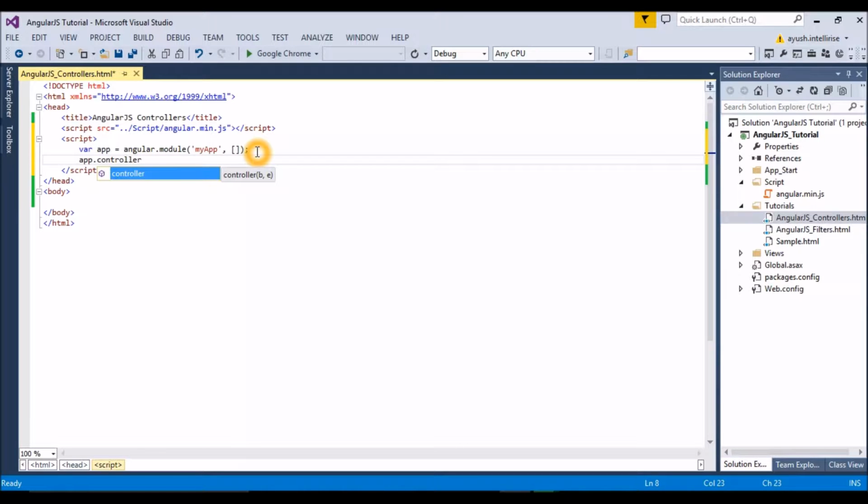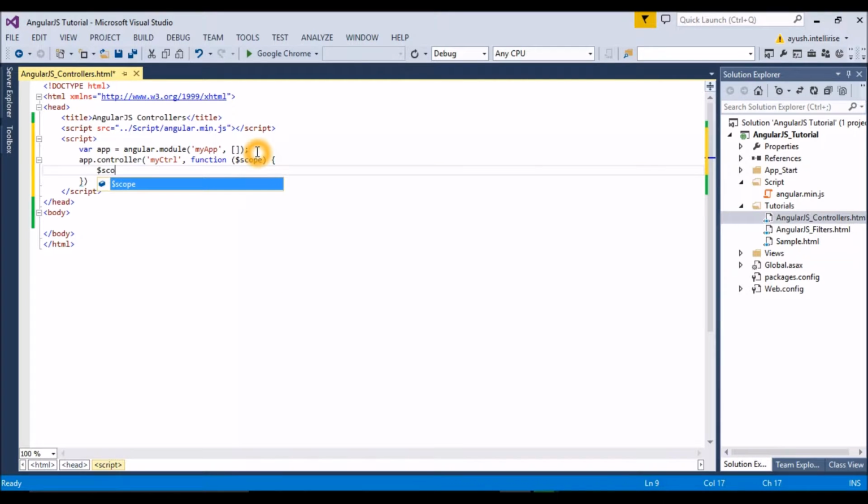Over here, my CTR, this is the name of my controller, and then function, and inside function I will be including $scope, and then I will be attaching a property to this parameter, $scope.message equals hello IntelliNet.